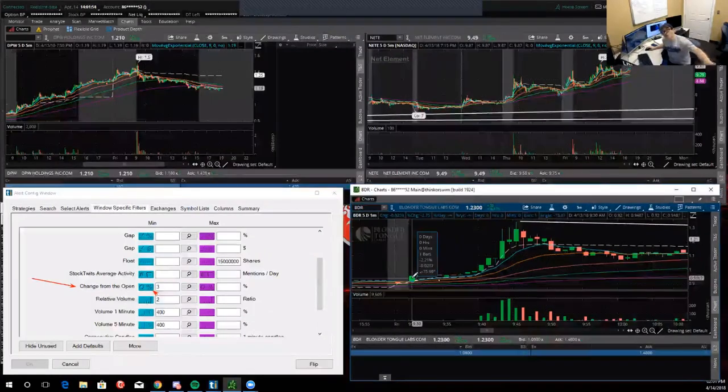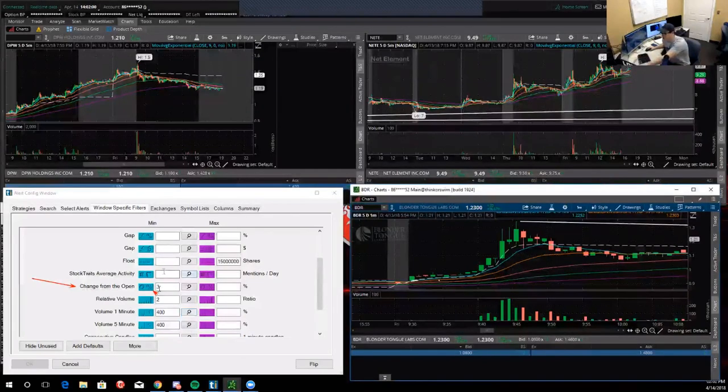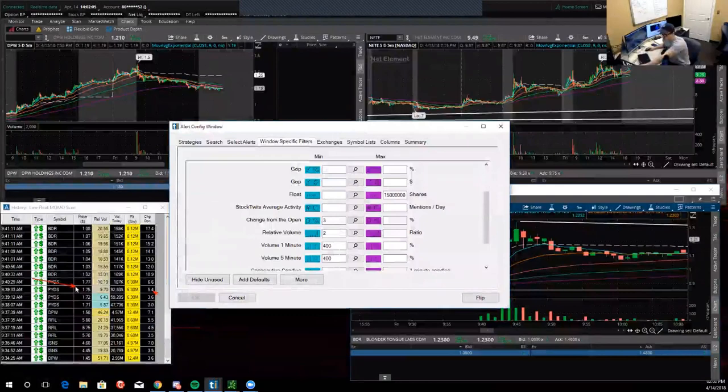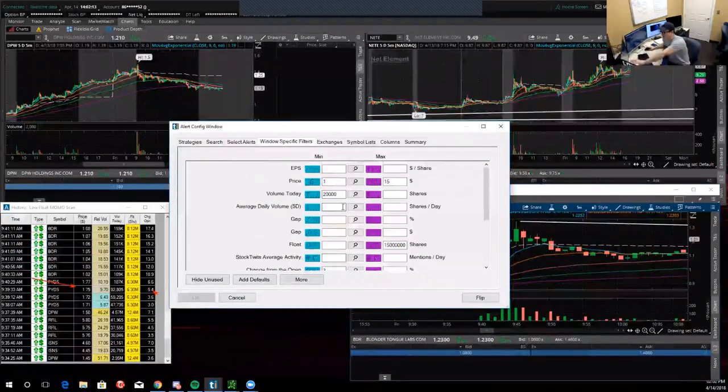We're not going to get alerted unless all of the specific window filters are met. So we will not get alerted, right? The scanner will not alert us unless everything on this window, all these window specific filters have been met. Okay,